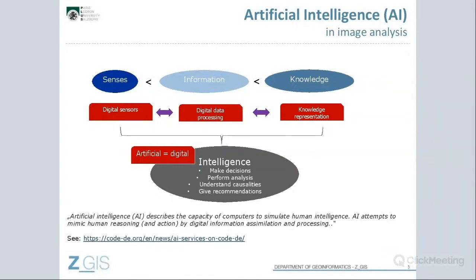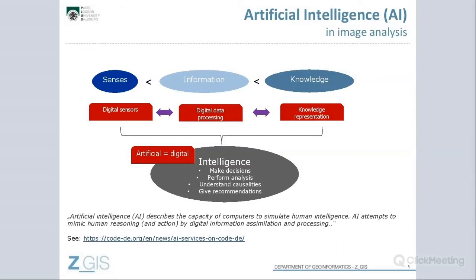It's digital sensors, and we know there are a lot of them out there. Today we talk mainly about Earth observation sensors, basically satellite sensors. Then in the middle we have the digital data processing, and knowledge, of course, we can also use in representation, knowledge organizing systems. So it's basically mimicking this broad concept of how human intelligence processing is done.